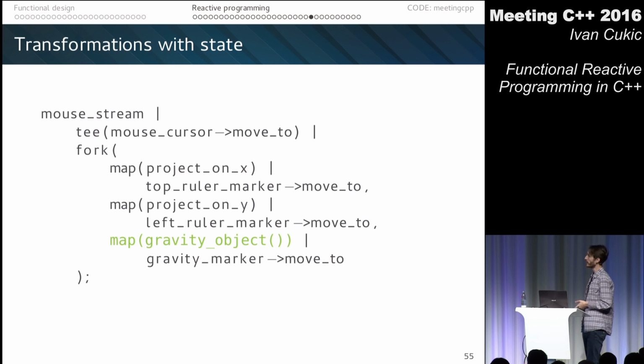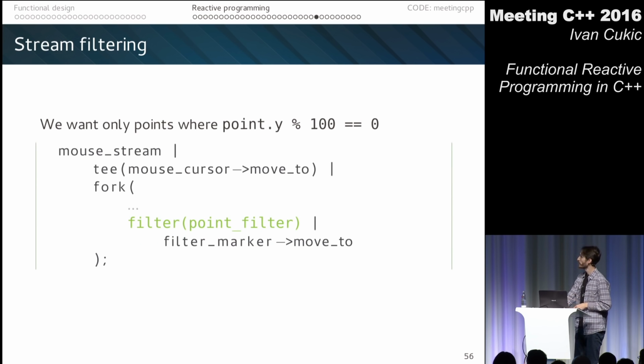So, again, although the wrong name, transform project X, transform project epsilon, and transform instead of map, gravity object. These functions are usually called map unless you're working in C++. Okay, so the next thing,